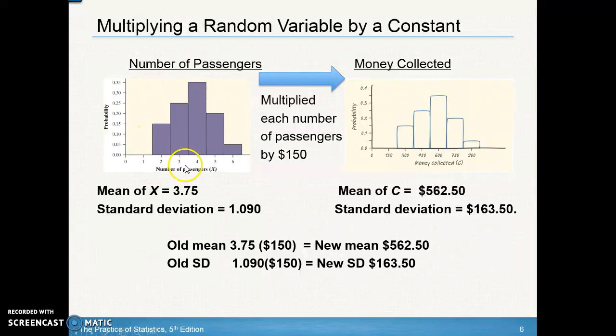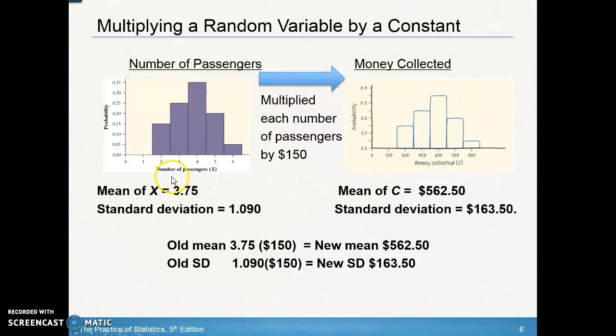Here was our original. What did we do? We multiplied it by a constant of 150, and I have my new histogram over here. Look at the mean, 3.75, and 562.50. How did I go from 3.75 to 562.50? Think about it this way: if the mean number of passengers is 3.75, the average cost is going to be 3.75 times 150, so on average I'm going to earn